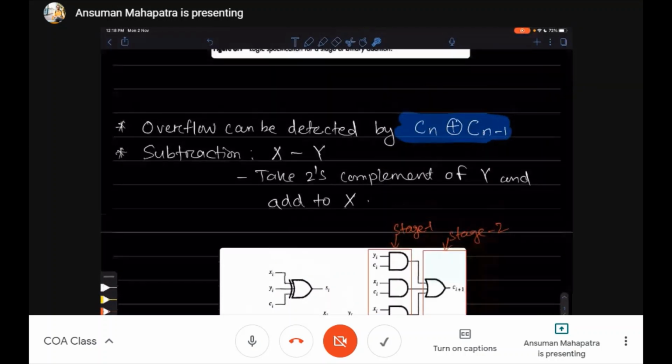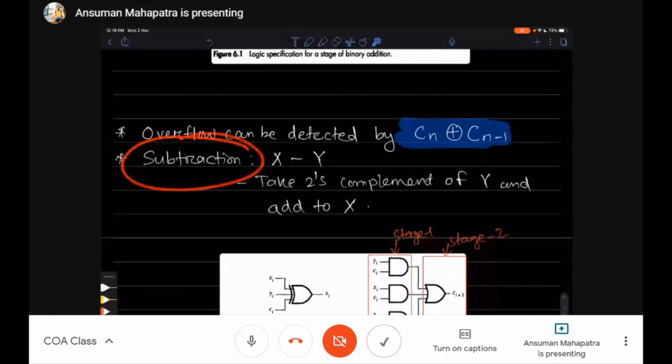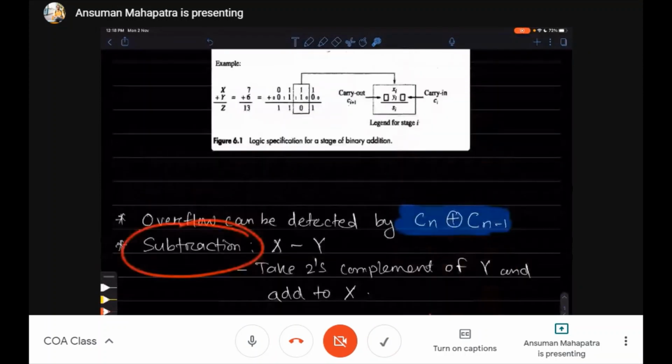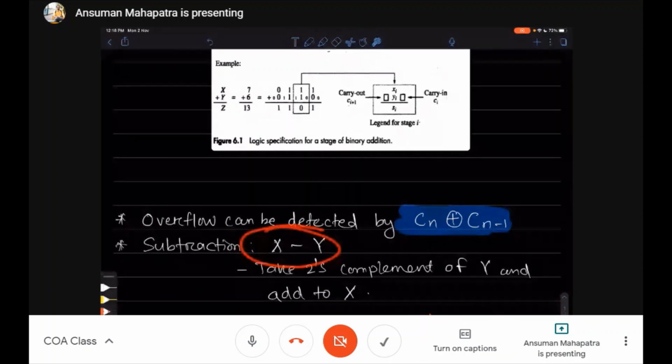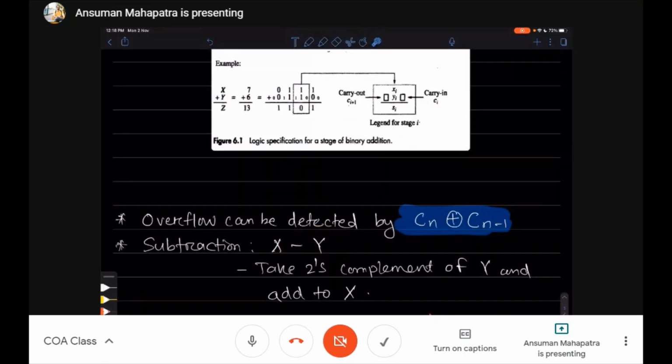So how to do subtraction then? Addition, I have told you, is easy, just do the addition. But how to do subtraction? Subtraction is very easy. You take y and do the 2's complement of y, which gives minus y, then you just add x plus that.